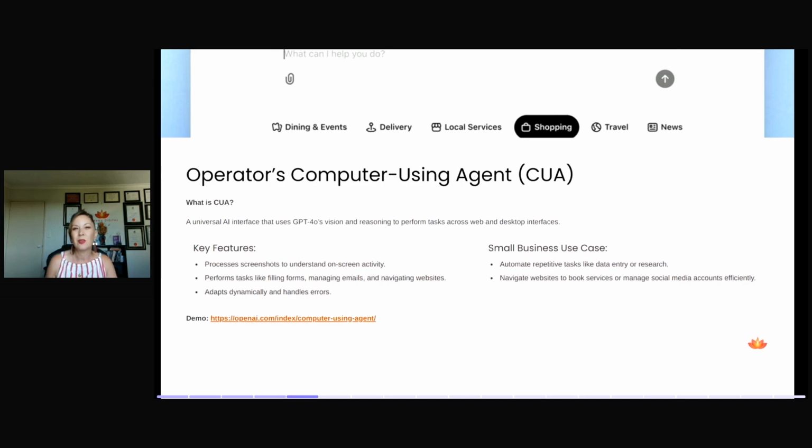Some people are using it to look at reviews on their websites or go through data and things like that in their web-based systems to analyze that and do it really quickly to save people having to do that manually. With that in mind, let's go and have a look at this new tool.